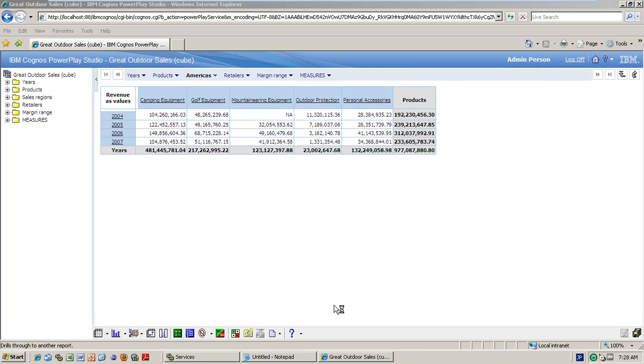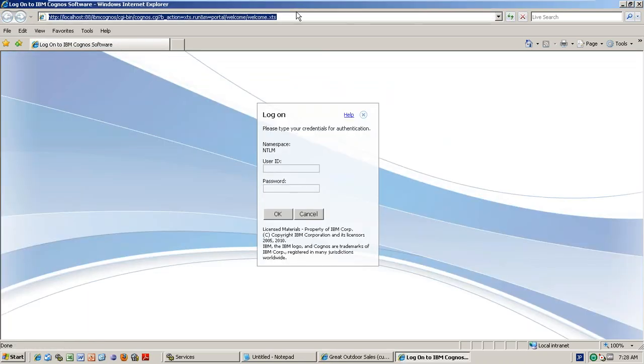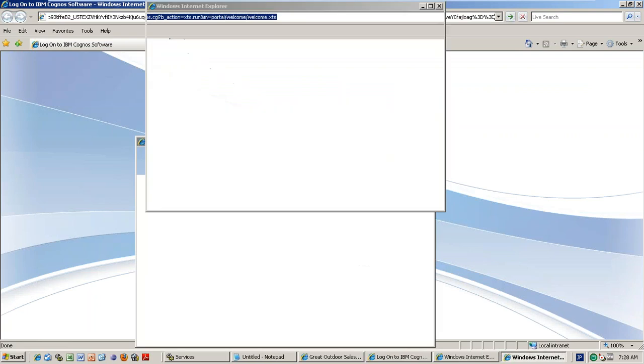So where he will go, I will show you now. He directly opened any Internet Explorer and you simply copy pasted this one.